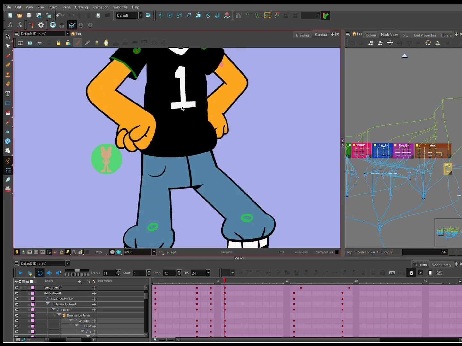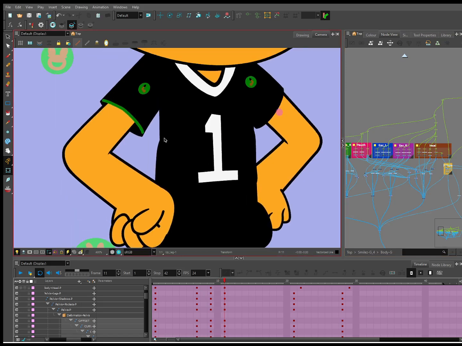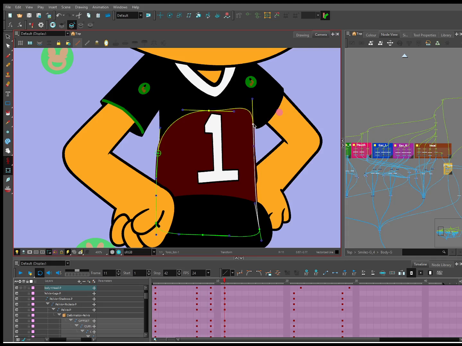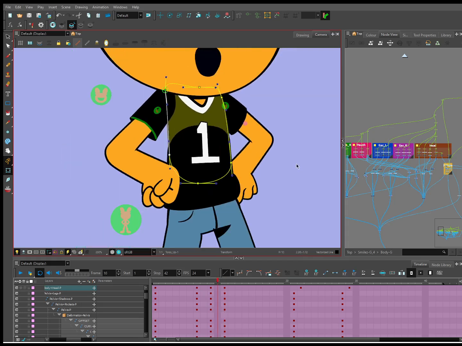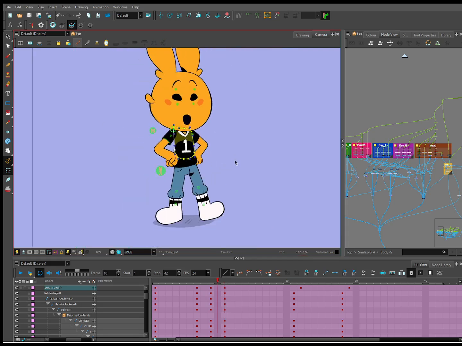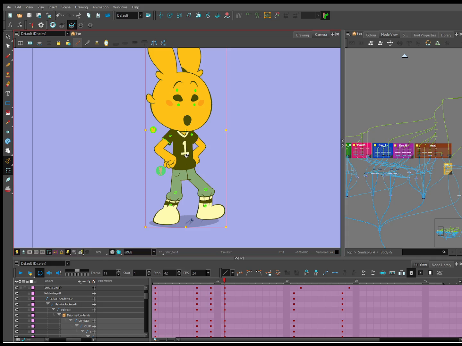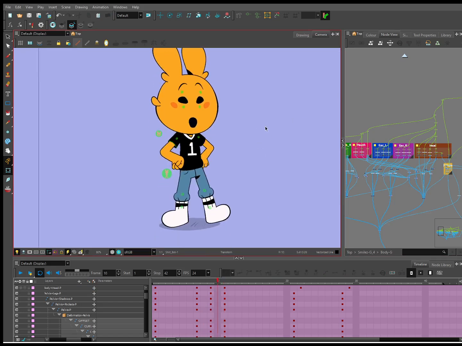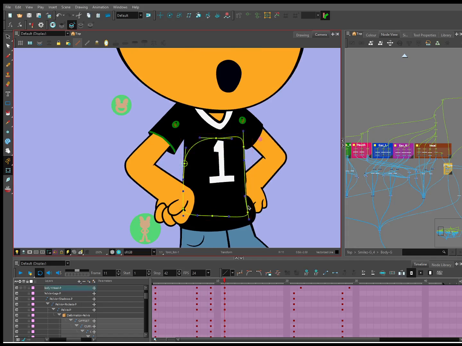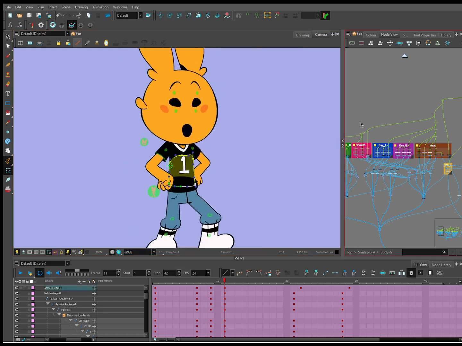You see, I'm kind of working my way up in cleanup, but oops. Oh no, I don't want to do that. Didn't mean to animate all. There we go. Just smoothing out that line.